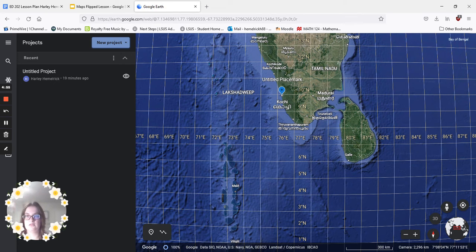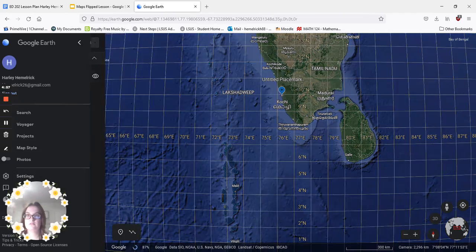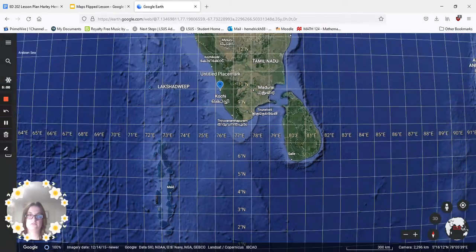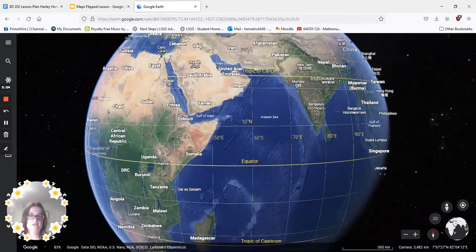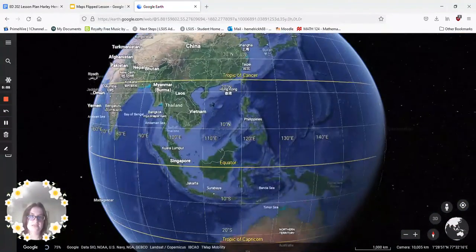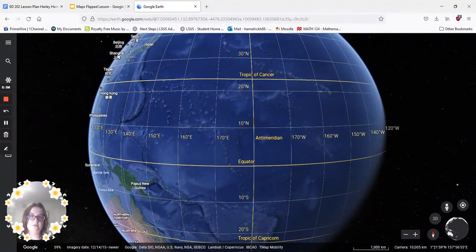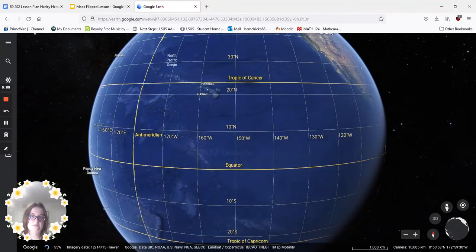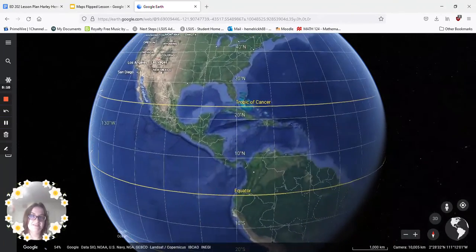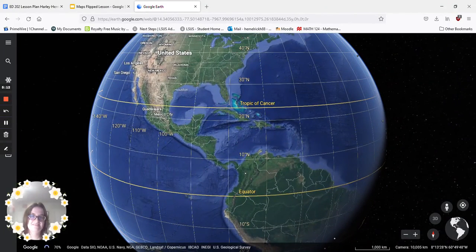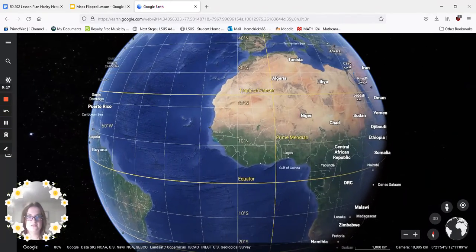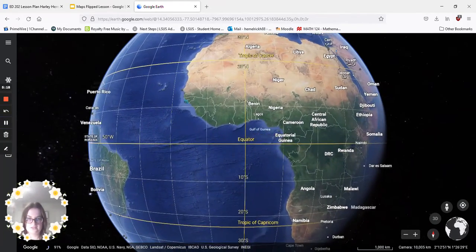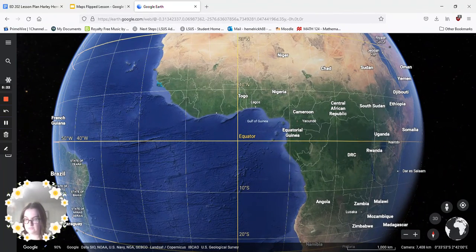Oh wait, I don't know this on here. So let's find our way to the equator and the prime meridian, where those two intersect. It's the easiest way to move around. Gotta find England, because the prime meridian runs through Greenwich, England. Here we are. So we're going to start here, and then we're going to move 50 degrees in 10 minutes